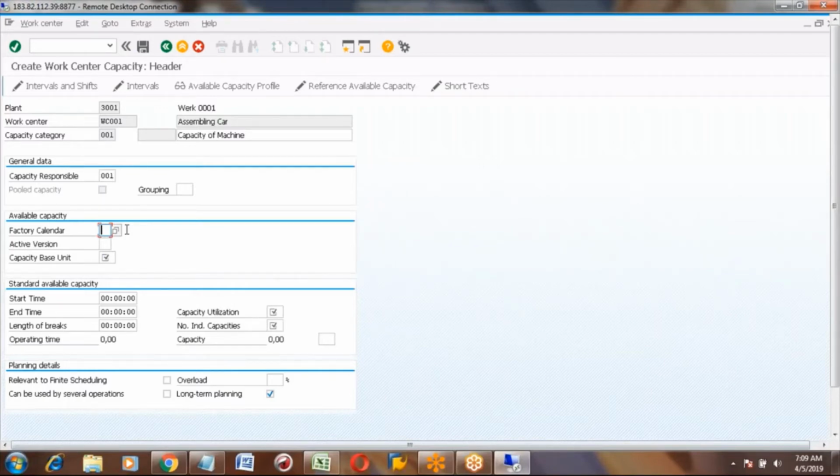In that case, you can create a separate factory calendar and assign that calendar here. If you don't assign anything here, it will consider your plant factory calendar only.